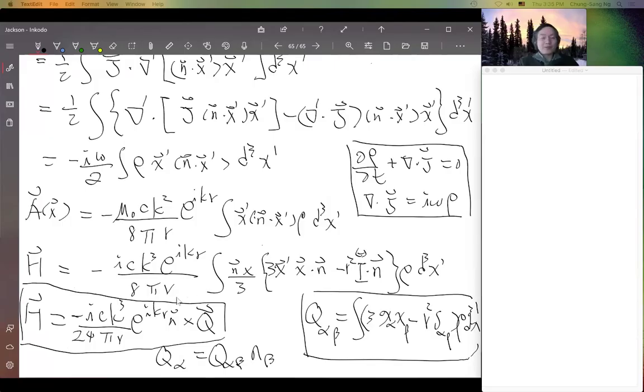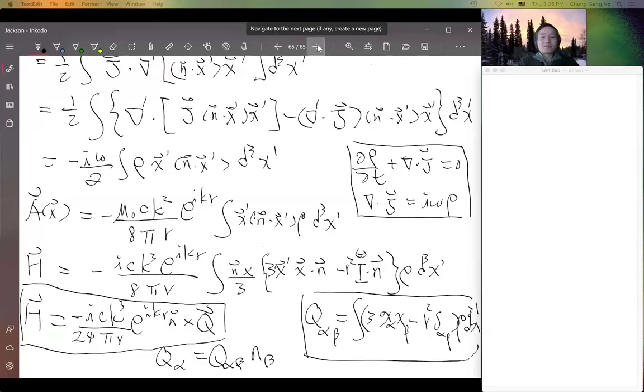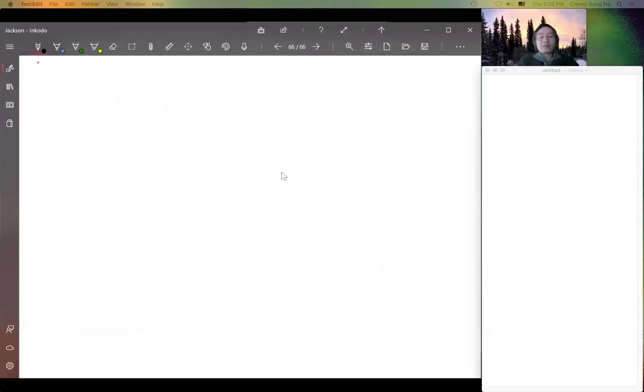The differential power is proportional to n cross Q absolute value squared. When we get the coefficient right, then it will be the correct expression. So we'll skip the part of the electric field, but just write down this differential power,